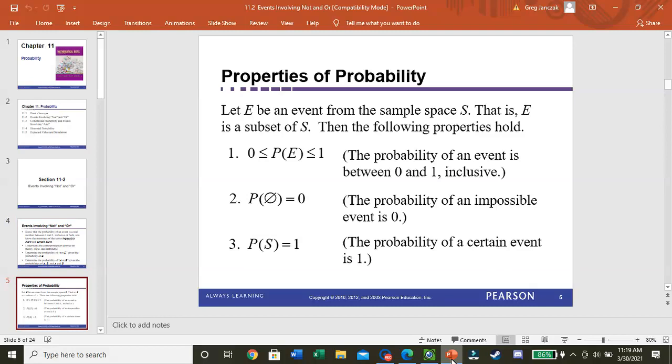Probabilities. Okay, so basically, we've looked at this before. The probability of an event occurring can be 0, which would be impossible, or 1, which is certain. So an impossible event would be 0 probability. Well, why is that significant? Actually, that's pretty significant because,